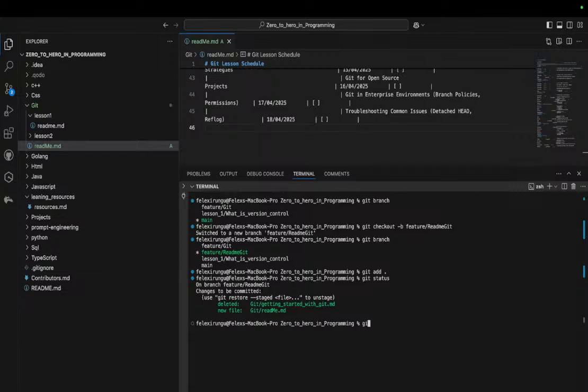So I will write git commit. That is how we write the commit message. And I usually add a to add everything. So this is something you can research on and comment down below. Why do we use a? Because we talked about message, and you can remember we flag with using -m. So we say